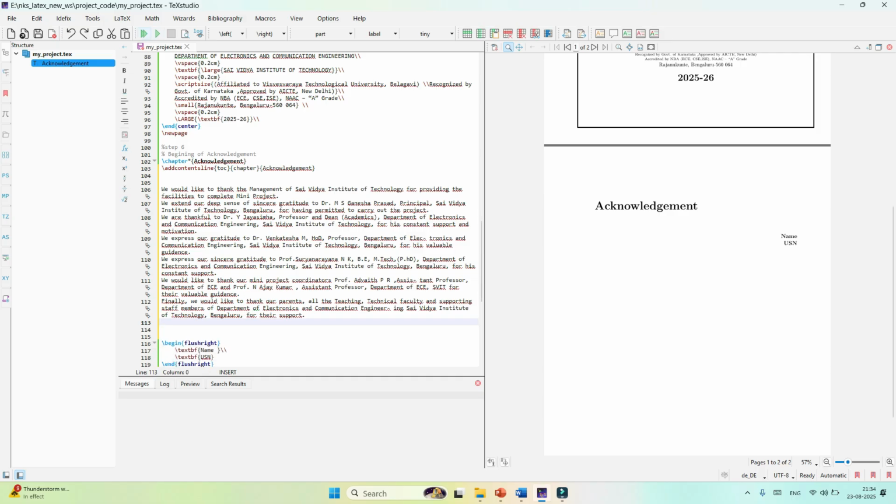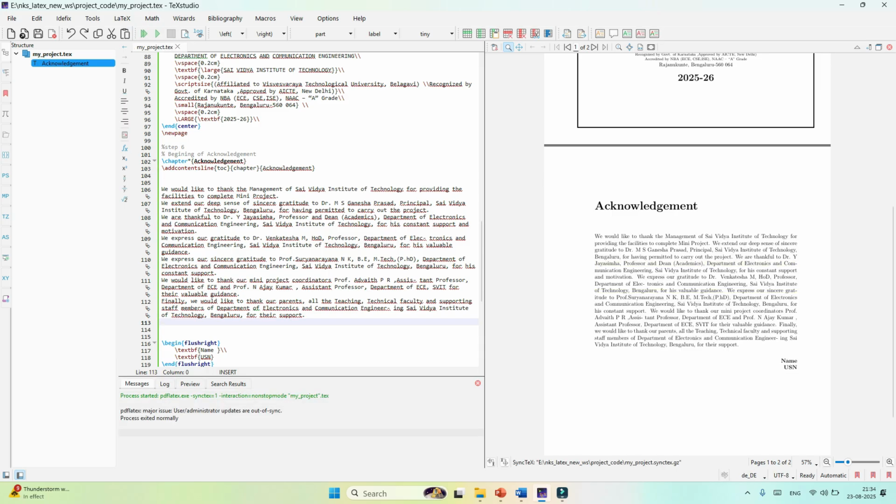Now you build and view. On compiling this file, we are able to see the acknowledgement is appearing in a paragraph. Therefore, we need to give necessary new line between the acknowledgement lines here. So identify and provide the new line here. I am going to provide new line for each sentence,